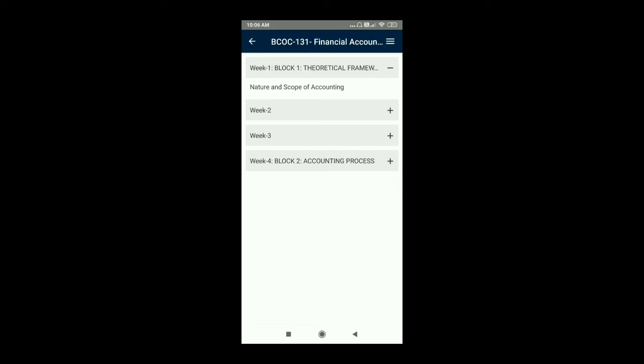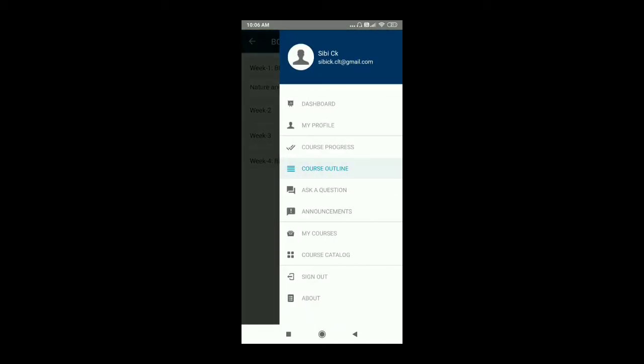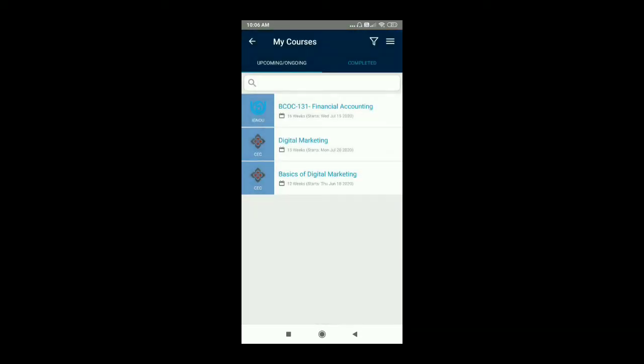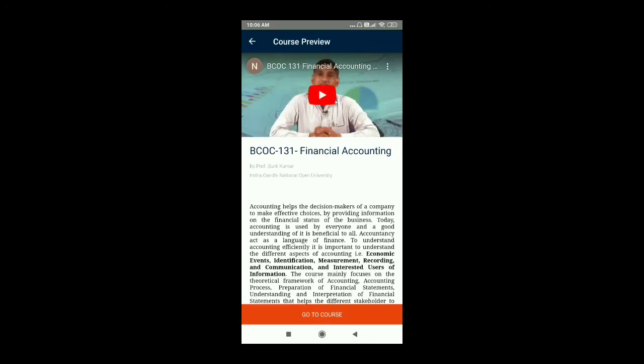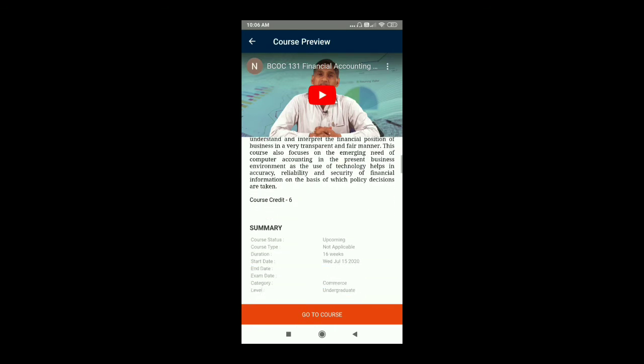By clicking the three lines, I can go to My Courses. See, these are the courses I have enrolled in. Financial accounting: I can click on financial accounting. Now you can see Go to the course because I have already enrolled.